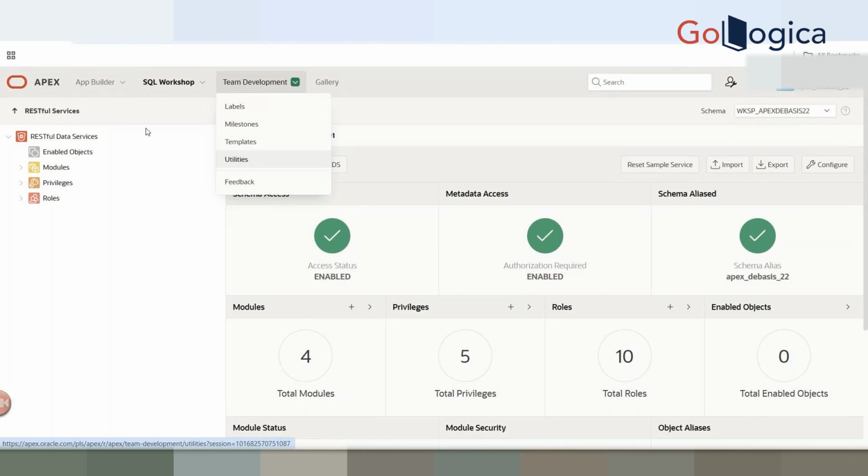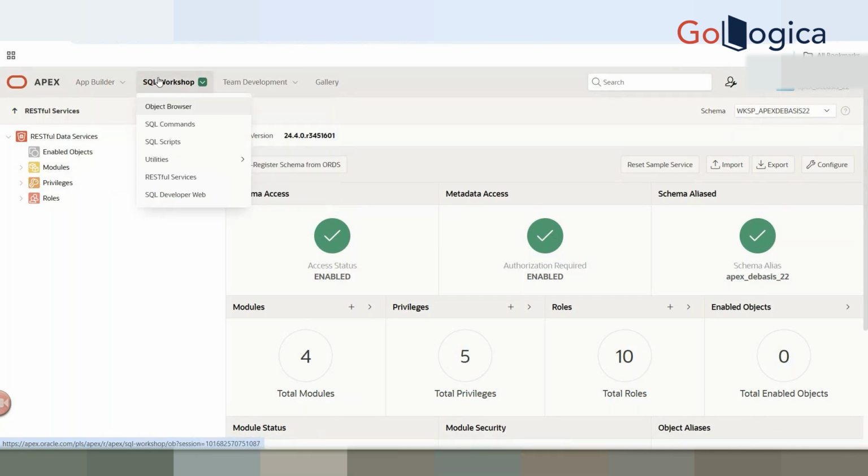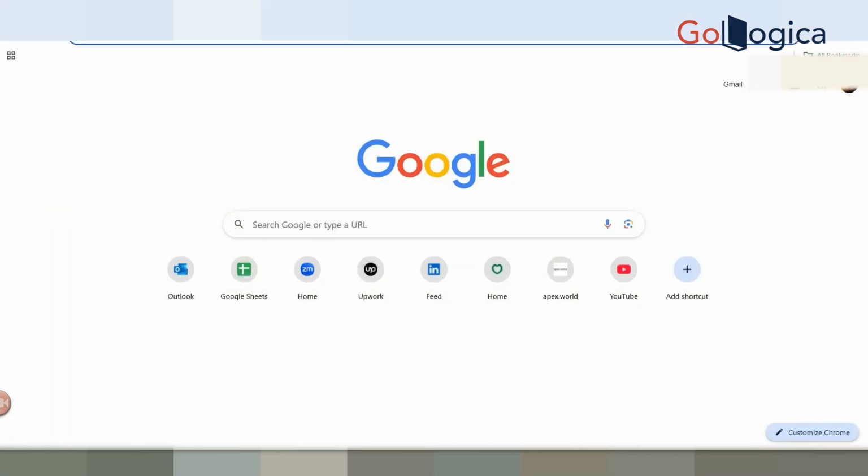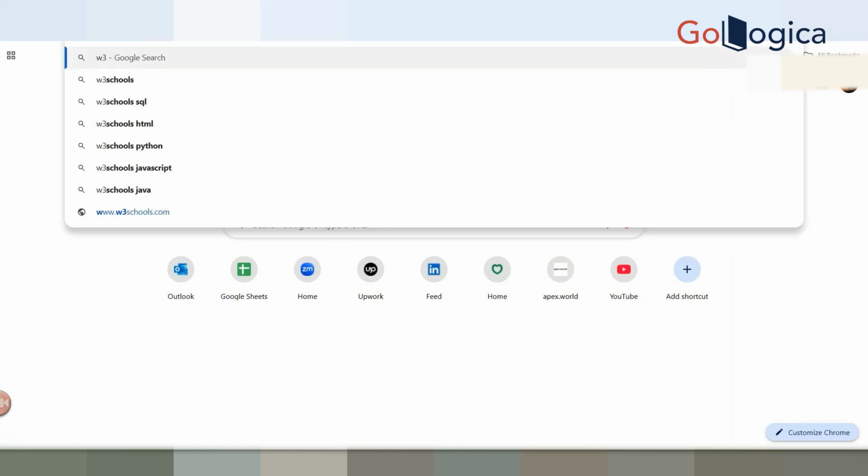So I will cover at first these two, App Builder and SQL Workshop. I will start from the SQL. Basically, for training purposes, what I am generally doing is, if you go to W3Schools,